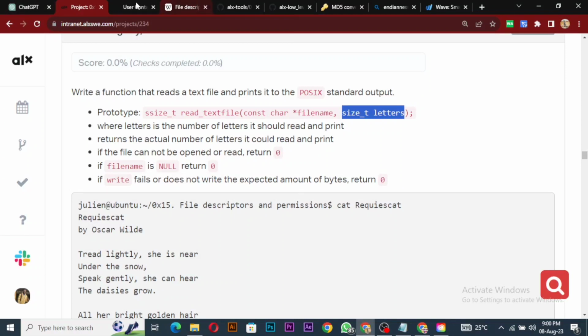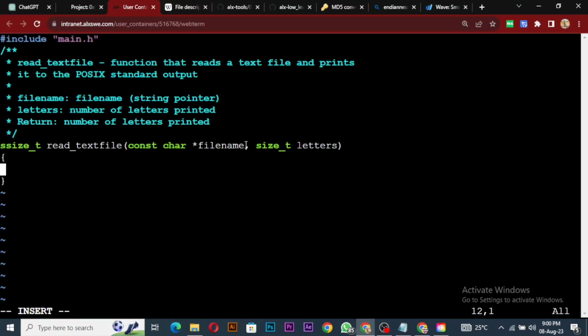Okay, so let's see. Basically you can just sketch out different things for this. There are so many things to do. Okay, so for example, since we'll be using read and write, and you know that read and write, they collect a file descriptor, they collect a pointer to probably a string of characters, like a buffer, right? And then how many do we want them to print? Okay, and they return